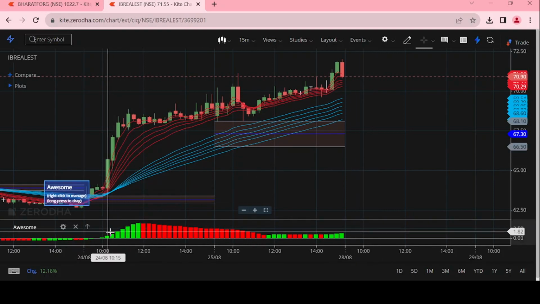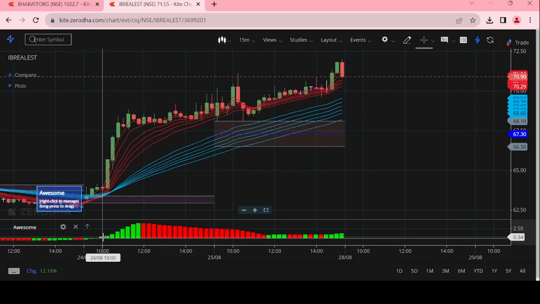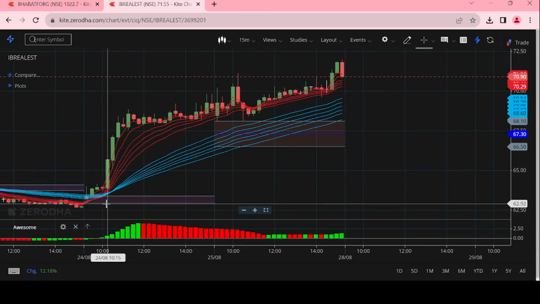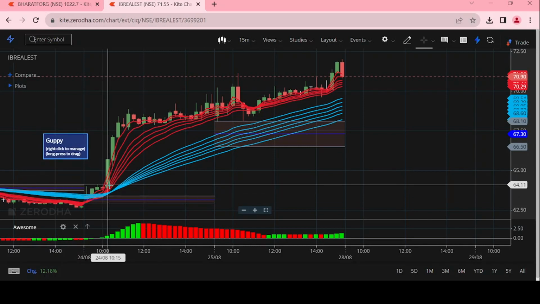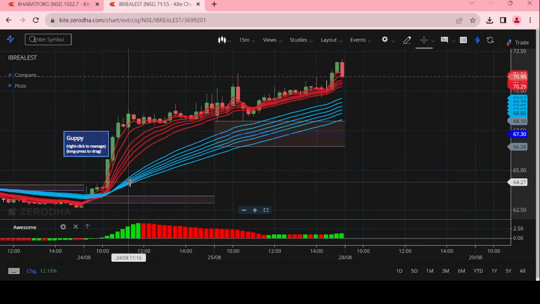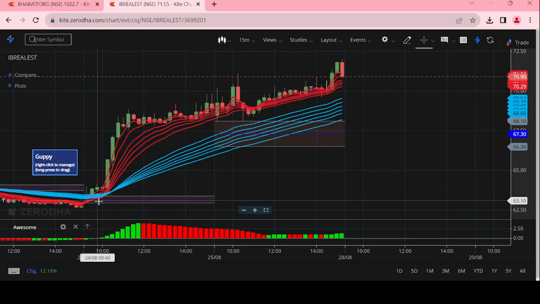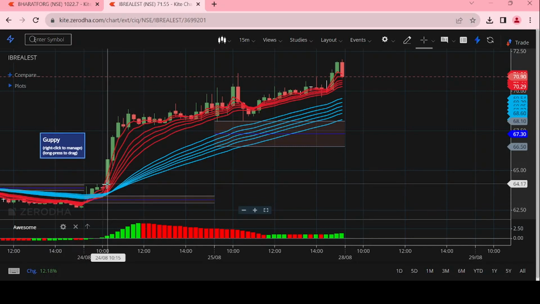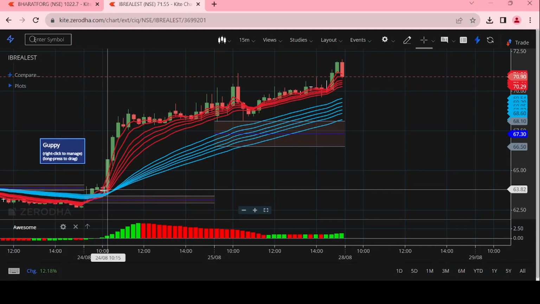The first entry criterion is that on the awesome indicator, the histogram is above the zero line. Here, you can see the histogram is above the zero line. The second criterion is that your stock price should be above the central pivot range. The third criterion is that Guppy has 12 moving averages overall. The ones in red are the short-term moving averages, and the ones in blue are the long-term moving averages. The third condition for entry is that at least three of the six short-term moving averages should have closed or crossed over the long-term moving averages. It will be good if all six of them are above